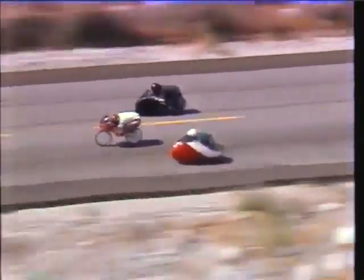Early on, the finals looked like a duel of fairing designs, with chief designer